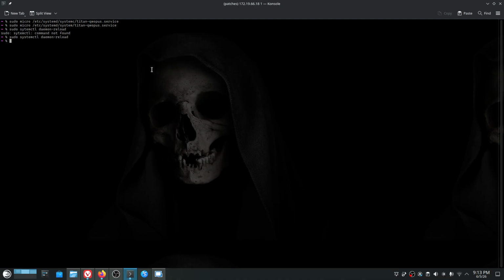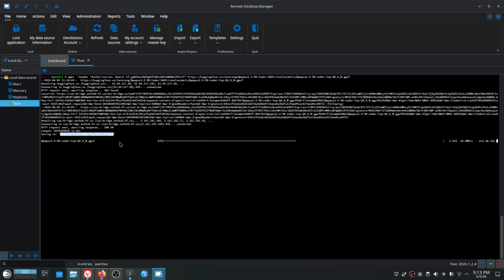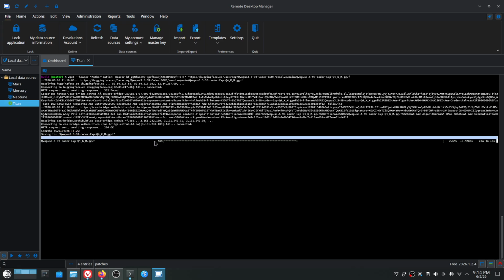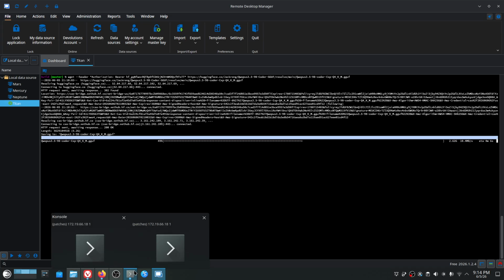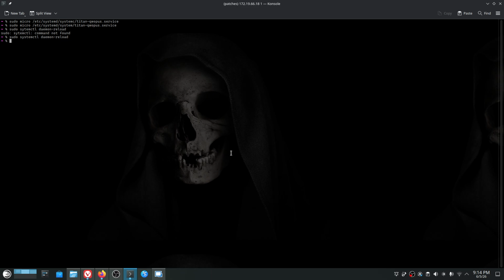I don't want to start the service yet until the model is done downloading. It's 4 minutes away. 47% of the way done. Okay. So, to show you, at the moment, if I was to sudo systemctl restart open web UI service,